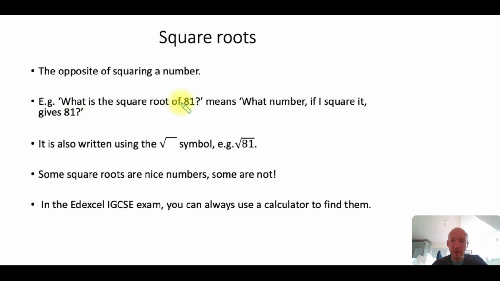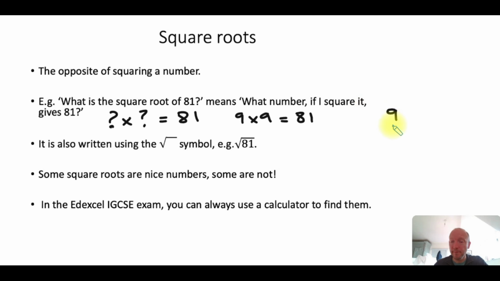What's the square root of 81? It means what number, if I square it, gives 81. What multiplied by itself gives 81. This is where recognizing and knowing your square numbers is very handy. If you went back to the slide we looked at earlier, we'd see that 9 times 9 is 81. So the cube root, sorry, start again, the square root of 81, I'm getting ahead of myself there,